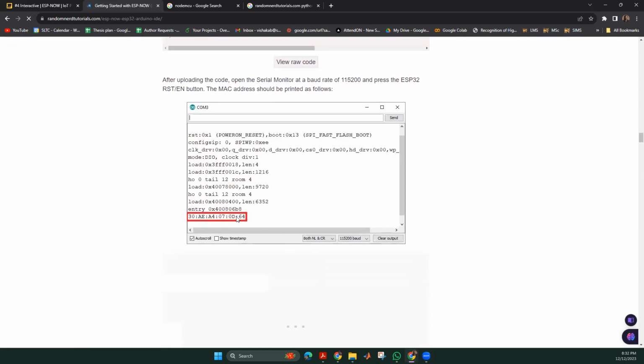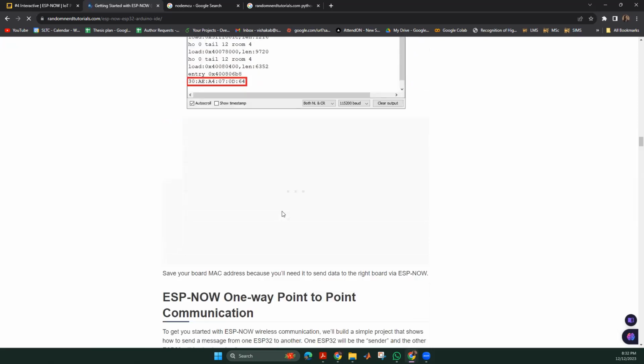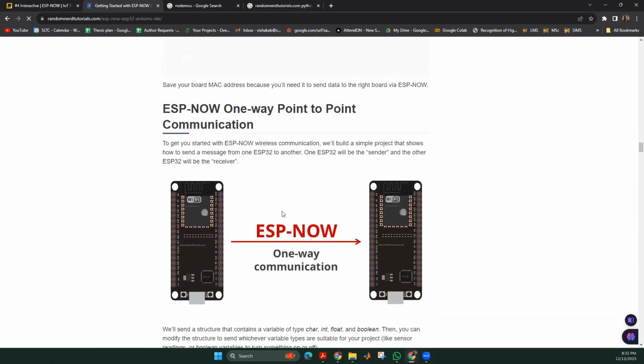The MAC addresses will be separated by certain numbers with double colons, right? So the MAC address you can find for each of the devices that is doing the ESP-NOW protocol, right? So once you know the MAC address, it makes it easy for you to transmit the information directly to the other device with a certain MAC address.